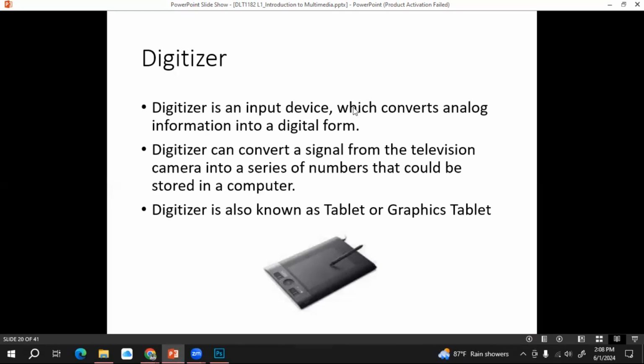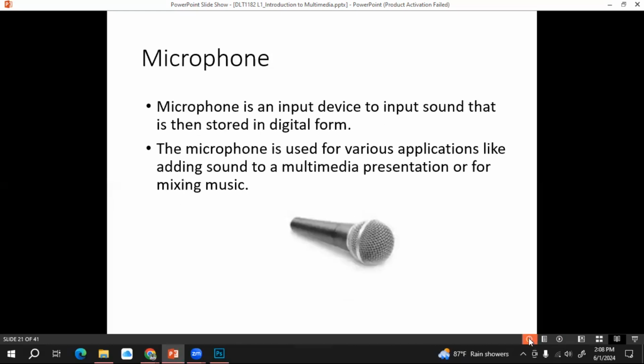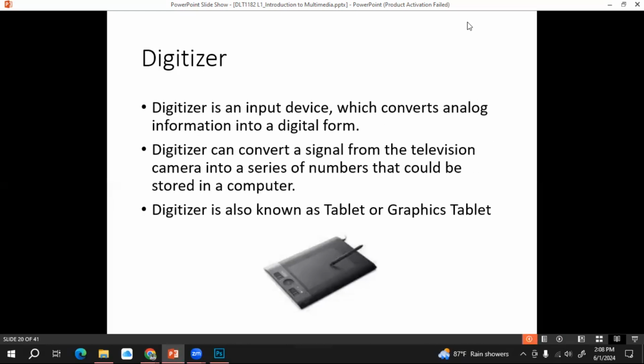I'm also using this kind of digitizer, right? Using this digitizer, I can write something on this screen, right? My pen tip is not directly touching the screen, but I can write something, right?